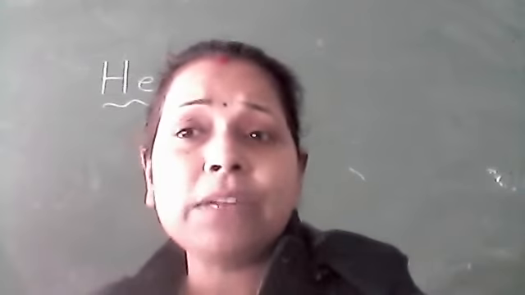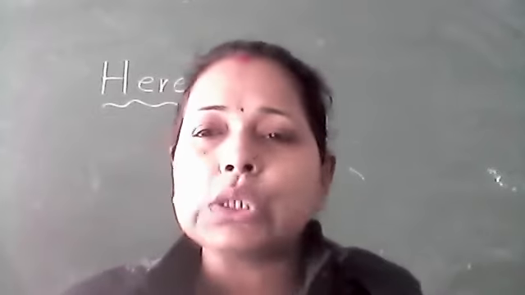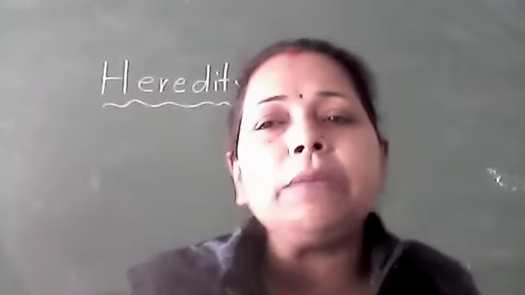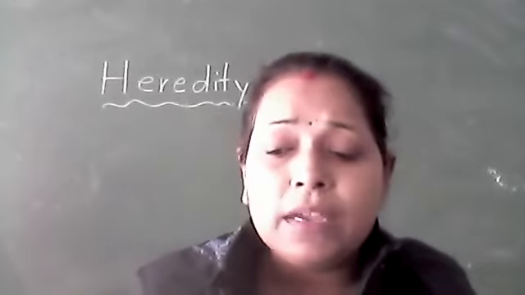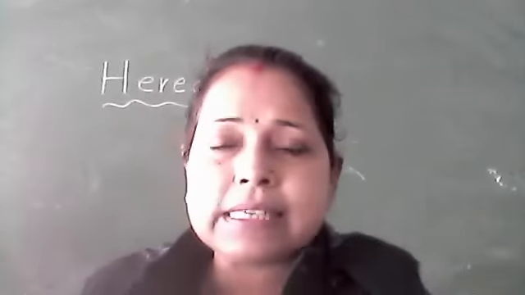Moreover, 7 pairs of contrasting characters are easily seen in the pea plant. 7 pairs of contrasting characters we are saying. ओके, इस पी प्लांट में 7 ऐसे कैरेक्टर्स हैं जो कि क्लियरली कंट्रास्टिंग कैरेक्टर के तौर पे चूज किया जा सकता है. फॉर एग्जाम्पल, इफ वी आर कंसिडरिंग द स्टेम लेंथ, स्टेम का लेंथ कितना लंबा है अगर हम लोग लेते हैं तो टॉल एंड शॉर्ट वी आर टेकिंग.